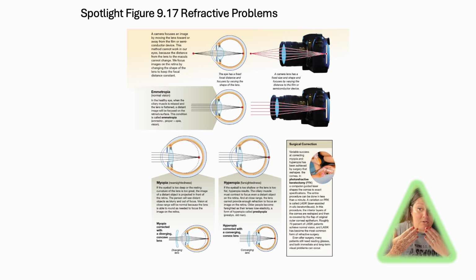So I'm nearsighted. I can see near, but I have a problem far away. And if you can remember myopia as I can see things up close, but not far away, maybe far away is blurry,